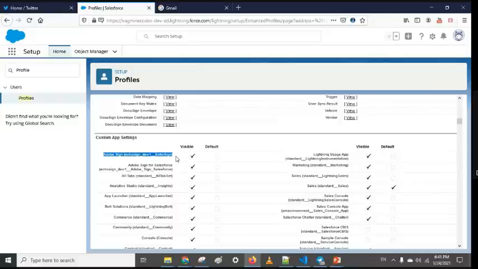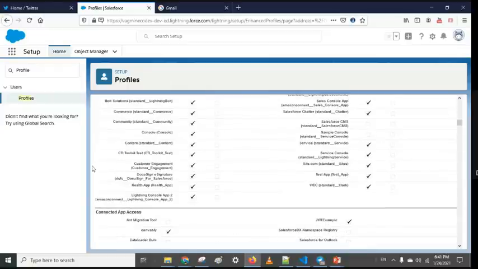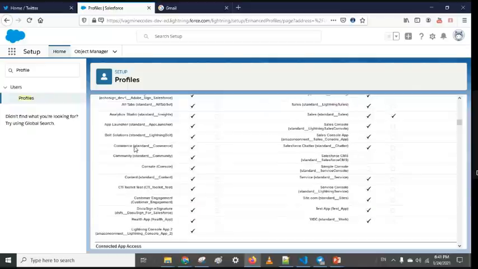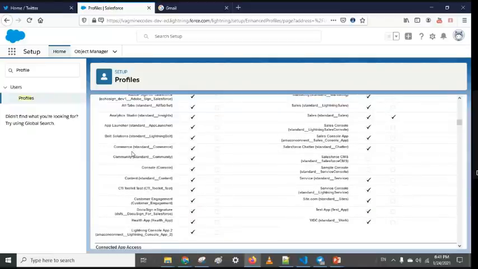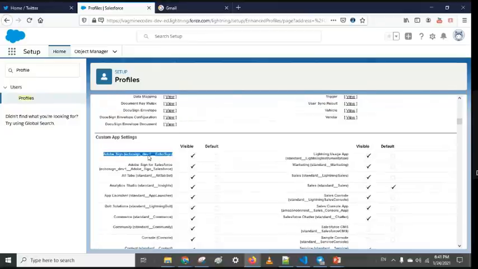Adobe eSign is an app extension product which you use for digital signatures. I want this profile user to be able to access the Adobe eSign application. So all those applications, whether your own application or an app extension product, both are here. In which application you want to give access to the particular profile user, you have to put it there.